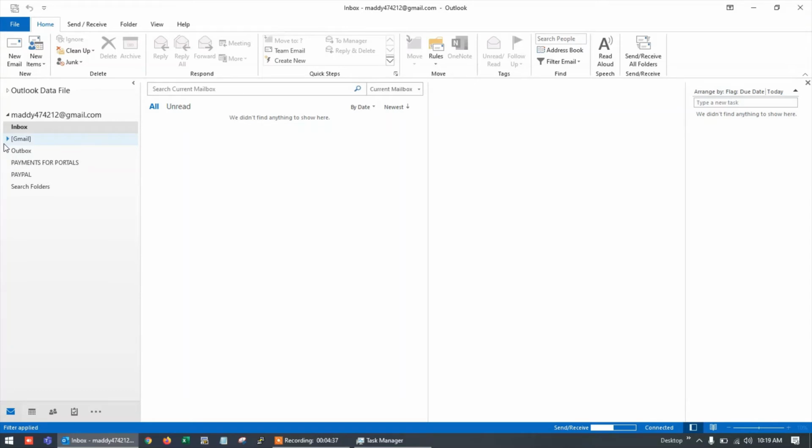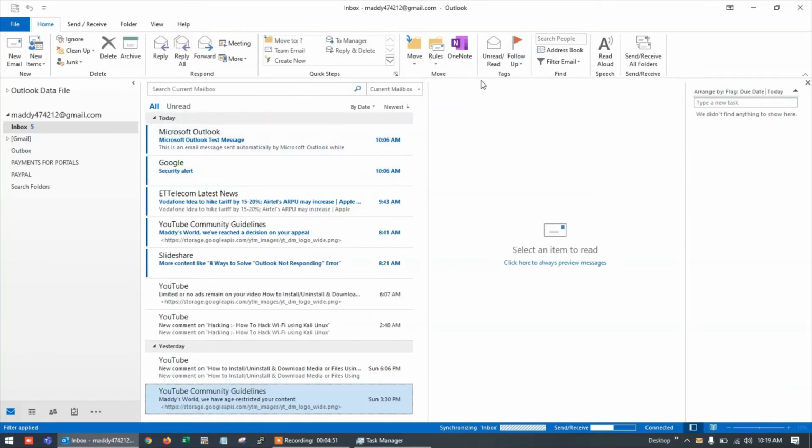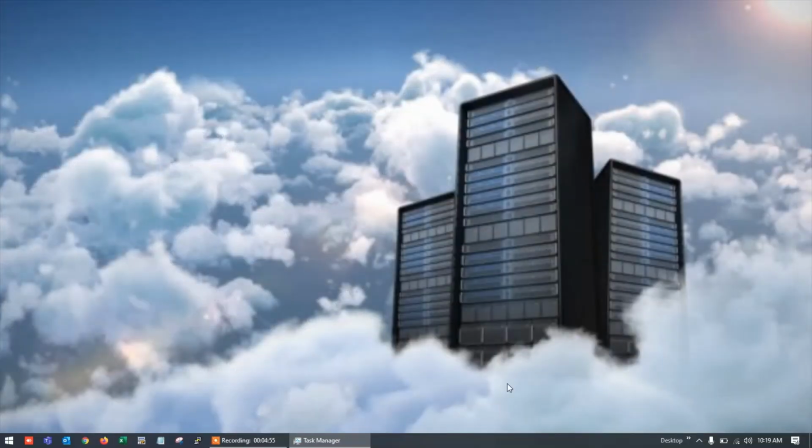Most of the time this step works, and you can access Outlook easily afterwards. If this procedure doesn't work, we can try to open Outlook in safe mode and check the possibilities for add-ons. So I have closed the current Outlook process.